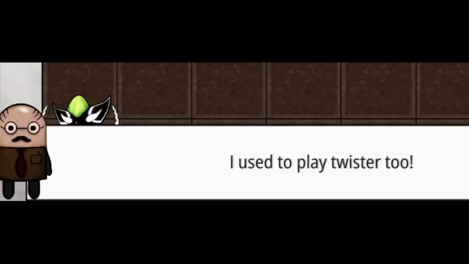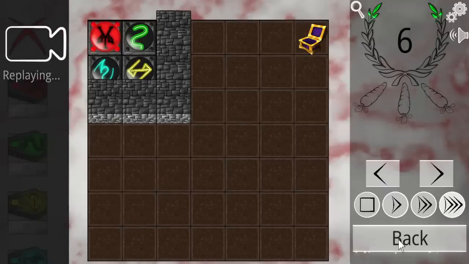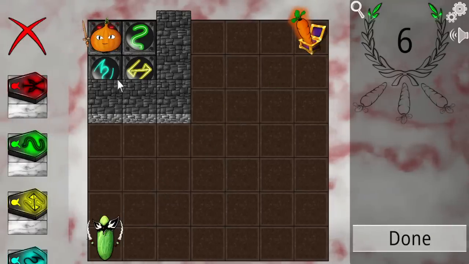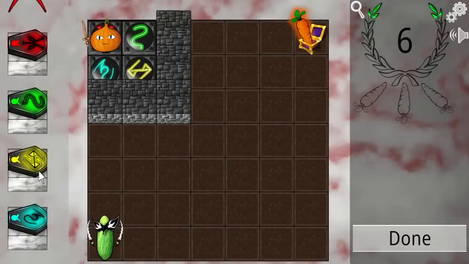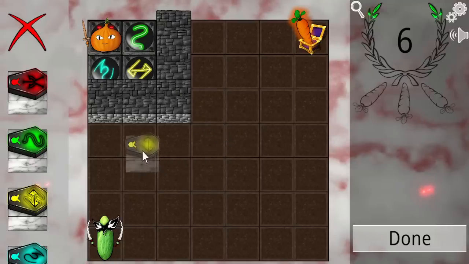Excuse me? I used to play Twister too. Well, it only took so many levels before we got a custom boss comment like that. Anyway, it's memeing on the button configuration here, and now we have 4 buttons. Oh my god, 4 coffins, 4 buttons, and...